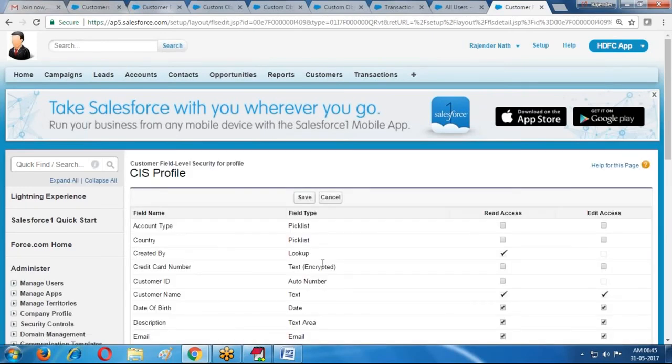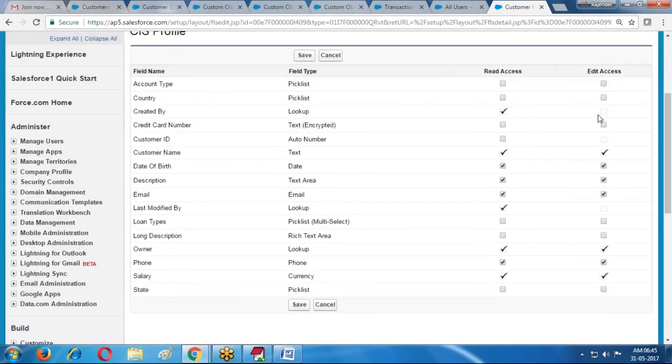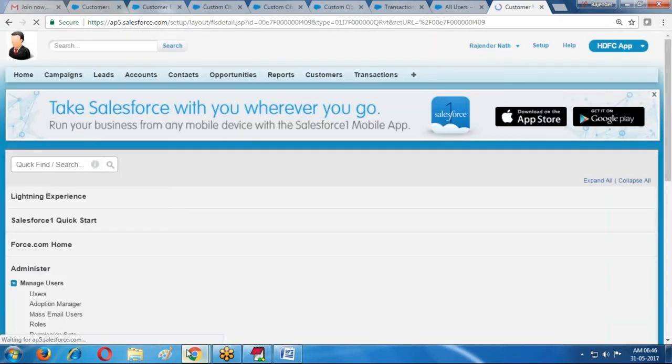Now edit. In this, what are the fields you require? What is the field here? That field is credit card number. I am enabling credit card number. If you want to remove some of the options also, like date of birth or text area, I am removing these, and any other fields if you want to remove, you can remove them also.